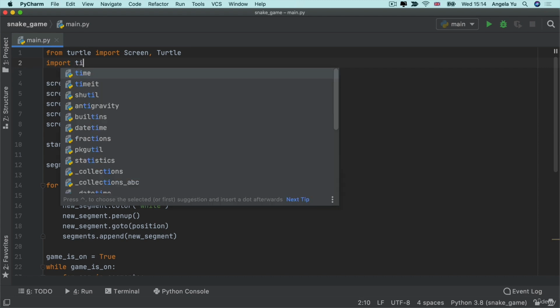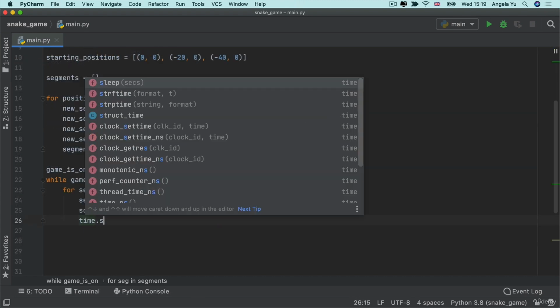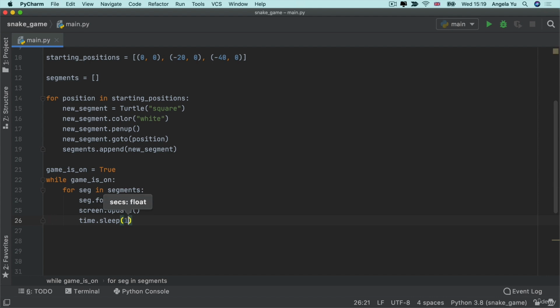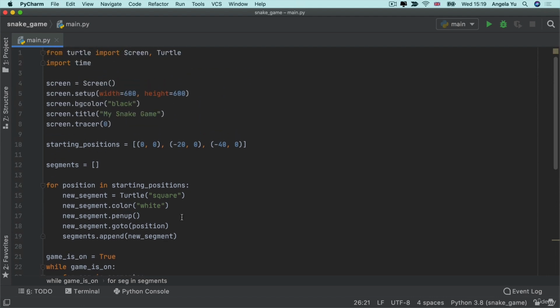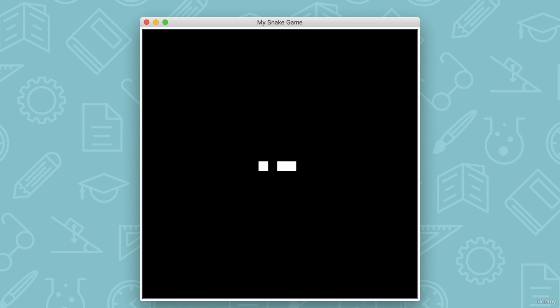And I'm going to do this by importing the time module. Now, I'm going to add the time.sleep, and I'm going to get it to sleep by 1 second. So this basically just adds a 1 second delay after each segment moves. So each segment moves, the screen updates, and then we sleep for a second before the next time this happens. Notice how, in this case, our snake is moving piece by piece. So first this first piece, and then the second piece, the third piece, with a 1 second delay between each